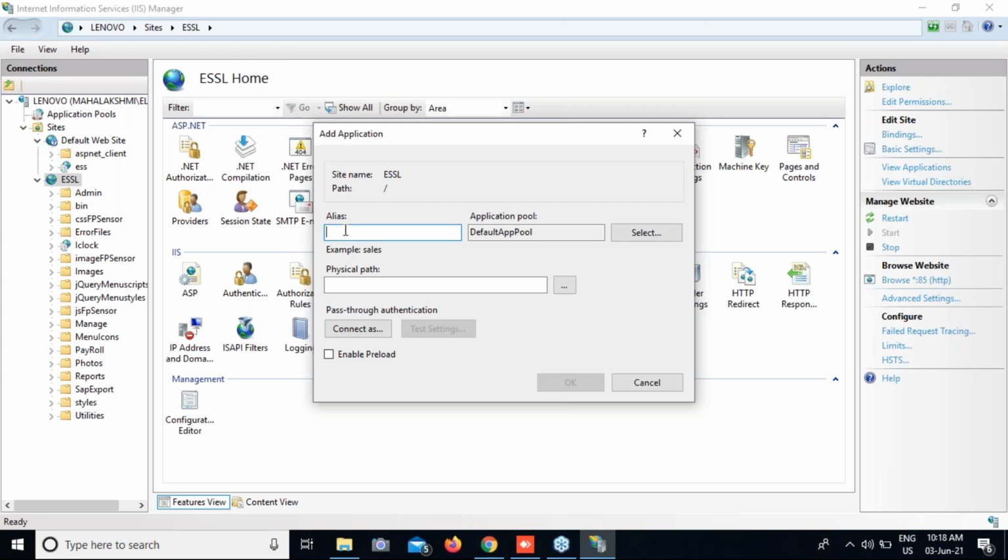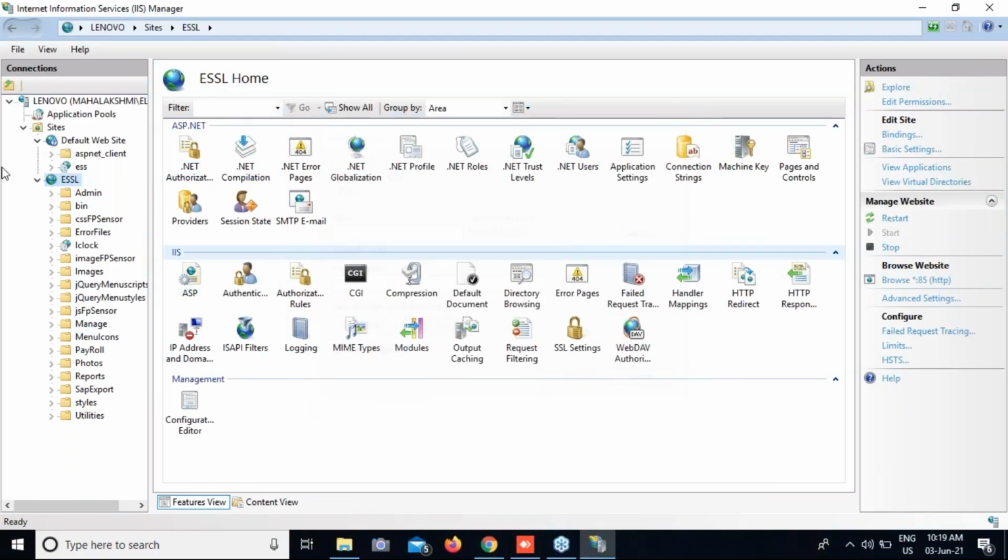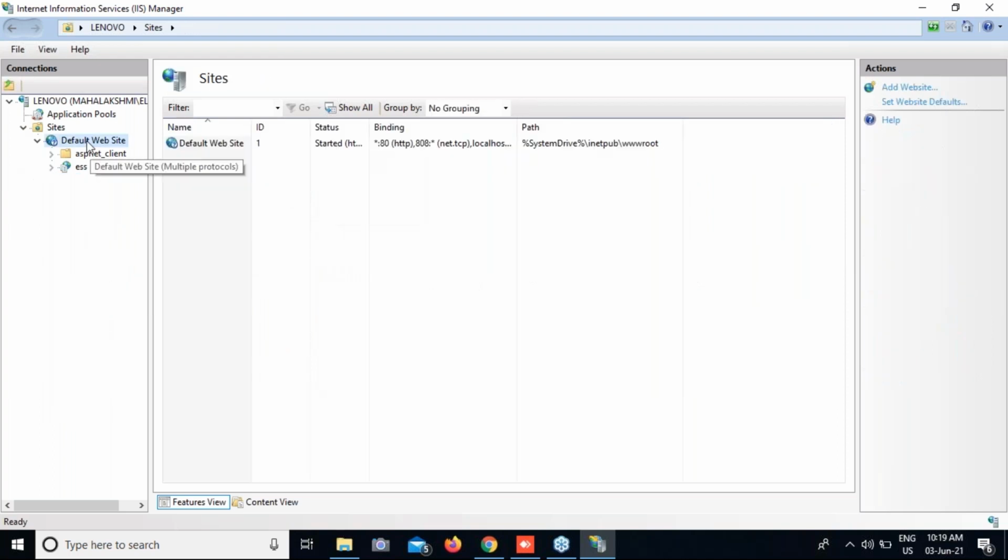After hosting the application, you can directly browse the application. This port number I have given 80. If you want to change this application port number, click on default website, bindings. Click on the port number, edit. If you want to change any port number, you can change it here for the application. By default I'm setting that port number as 80.